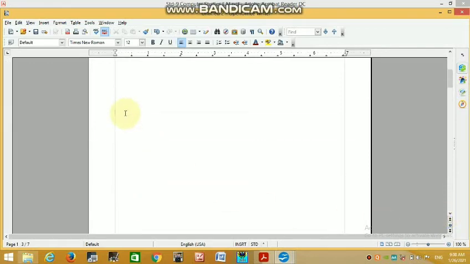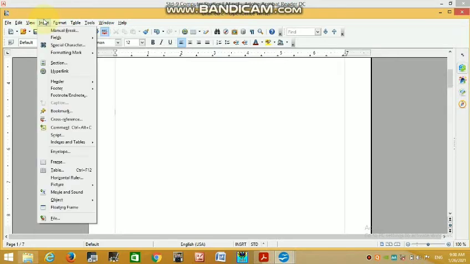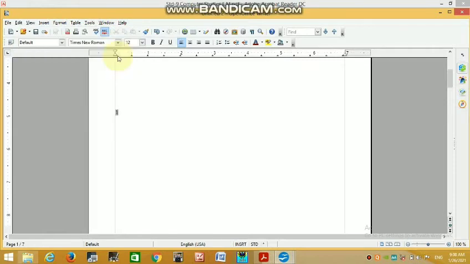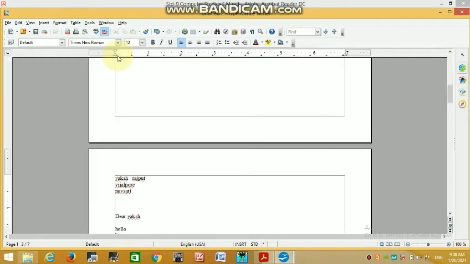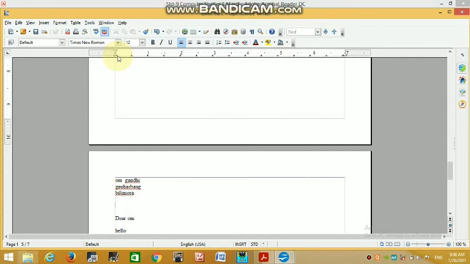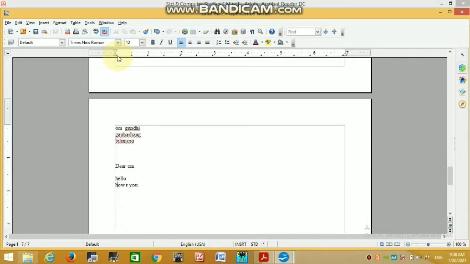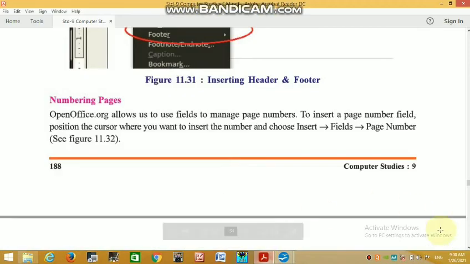See this, insert fields page number. You can insert page number. See this is second page, this is a third page. Like this you can give a page number.